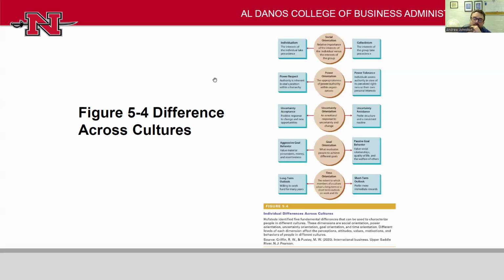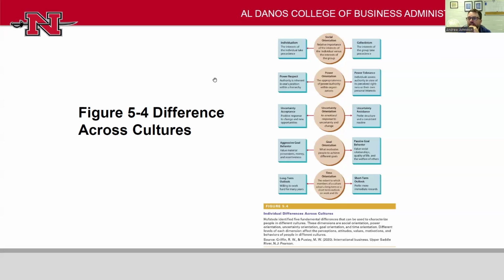Power orientation. IKEA is an interesting example in this respect. Swedish culture is very low, they say low power distance or low power tolerance. If I'm a Swedish worker, I feel perfectly justified speaking my full mind to my seniors, and I don't use any special terms of respect. They're just holding an office different to mine, but it's a fairly flat view of hierarchy and authority that might not fly in another country.